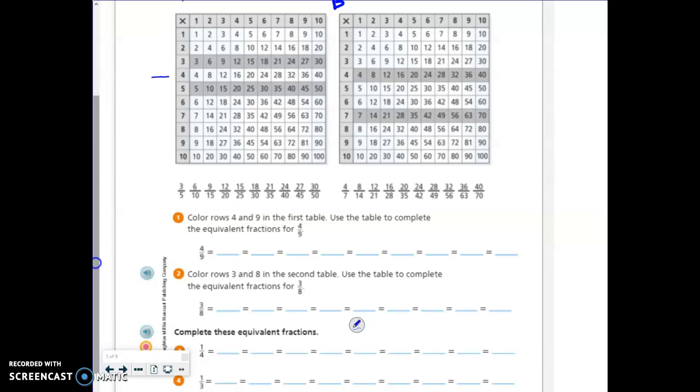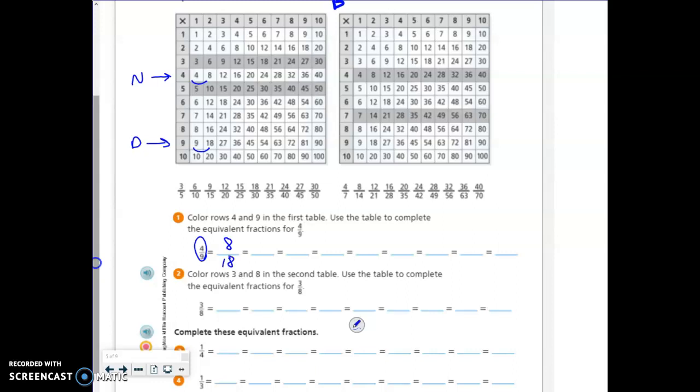I'm just going to draw an arrow to show us that this is the line that we are looking at for the numerator, and this is the line we are looking at for the denominator right here. Numerator is 4, the denominator is 9. So our first fraction is 4/9, which means then the next one would be, as we follow along here, one spot here, one spot here, we should be looking at